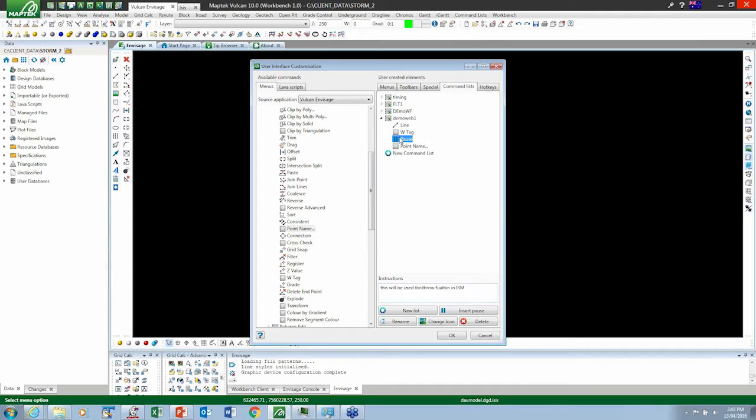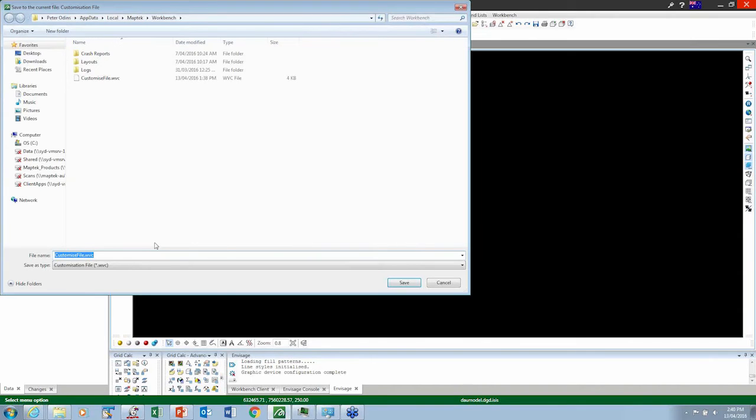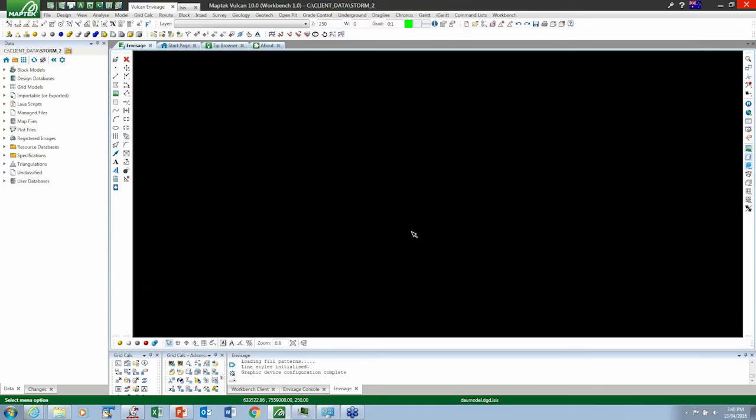So once I've set up what I want in my command list, I then save that, and it'll be saved to your generic customization file or one of your own choosing, and then that's now ready to use. So if I come to the command lists option, you'll see there's my new one, Demo Web. Here's a nice little interface, and if it is something I can run without any interaction in a single step,